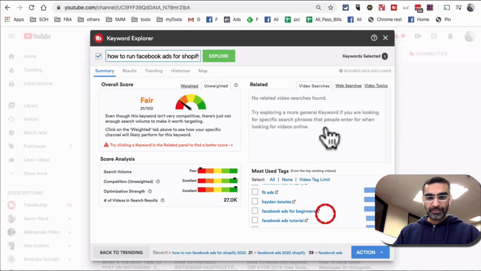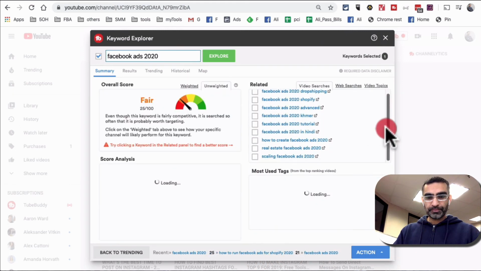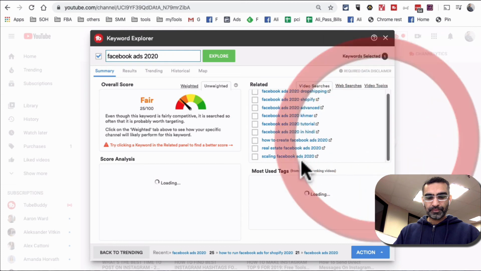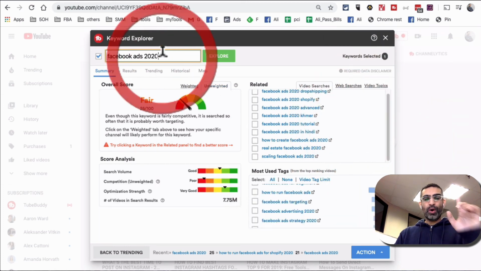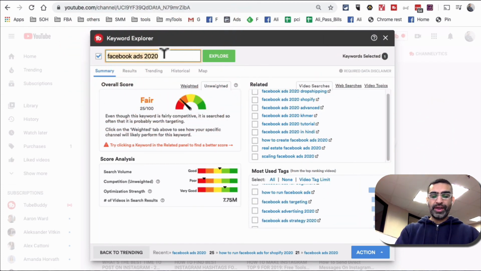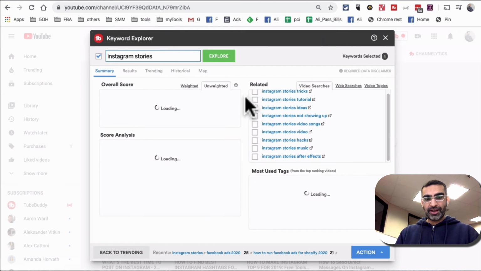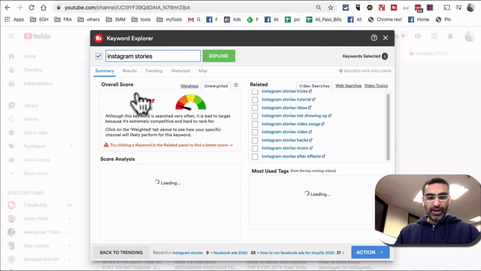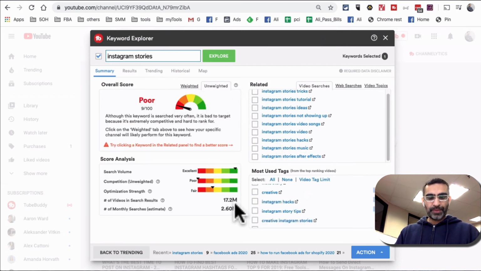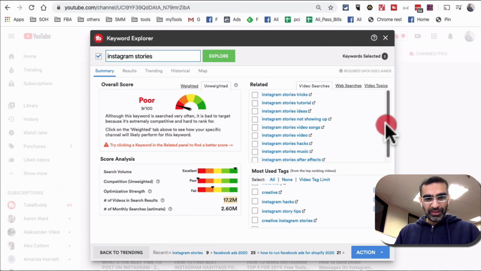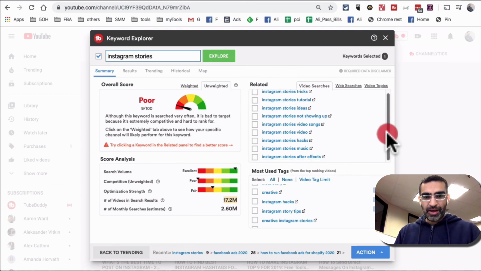Let's go back. And let's do one more term. So Instagram stories. That's another topic that I am very passionate about, and I create a lot of content about Instagram stories. So again, this looks poor, a lot of competition. The volume is very high, but competition is just too much. 17 million videos. Oh my God. People love Instagram stories, I guess. But if you look here,